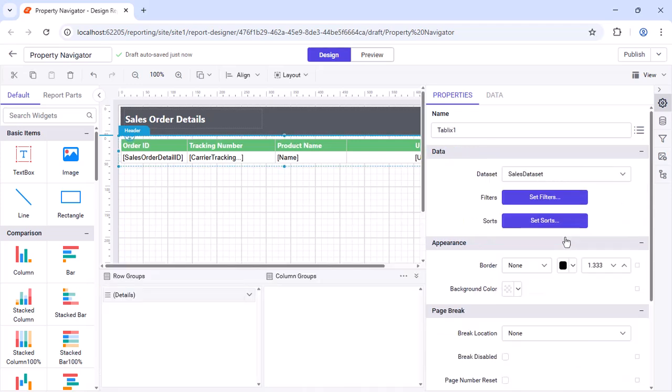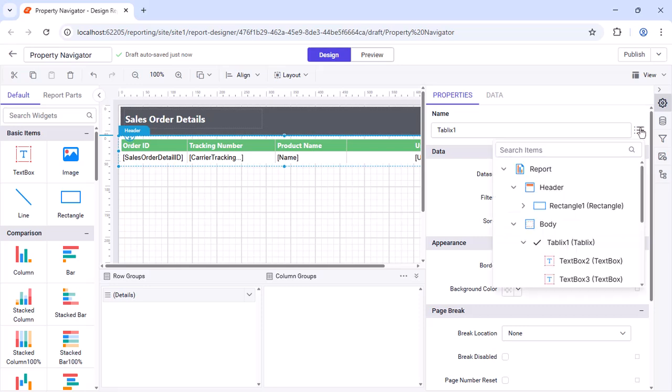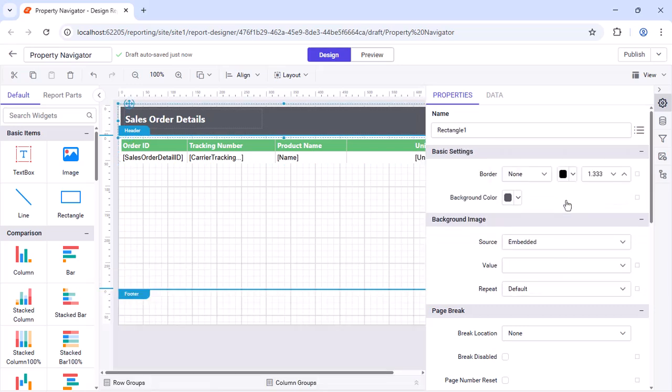When I select a report item, such as a table, in the Property Navigator panel, the report item is selected instantly in the Design surface, and the properties related to that specific item are displayed in the Properties tab. I can modify the properties for the selected item. If I select a different report item, that report item is selected, and the properties related to it are displayed